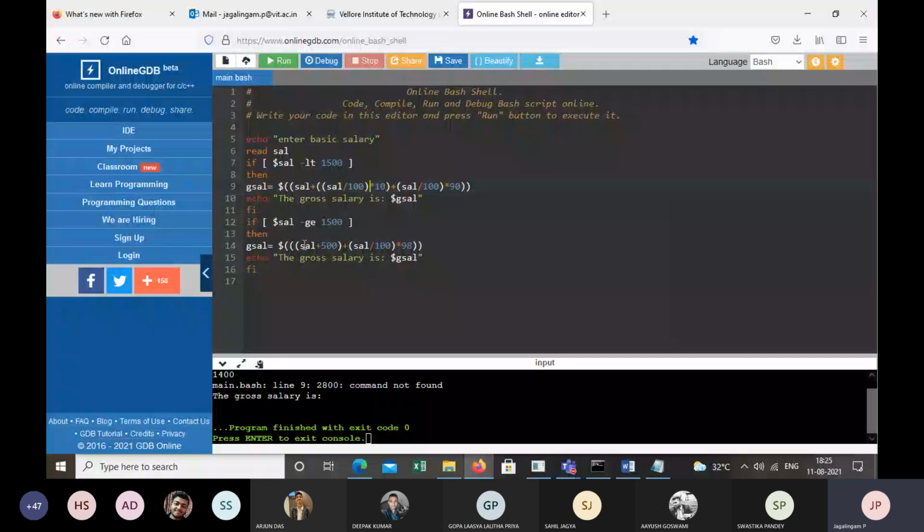Do you think it is okay? Sir, maybe an extra pair of brackets. Which bracket do I need to remove? Sir, the first one and the last one. First and last. Okay. Is that okay now?